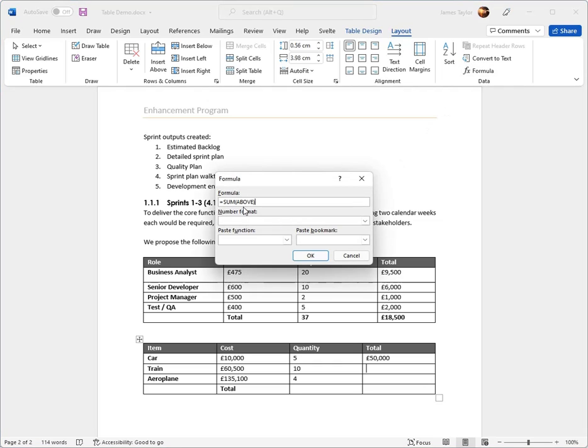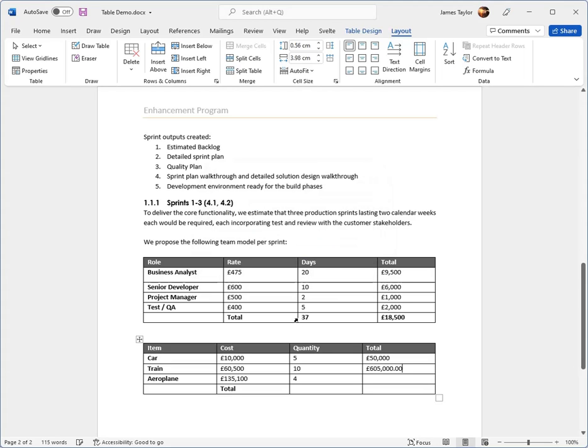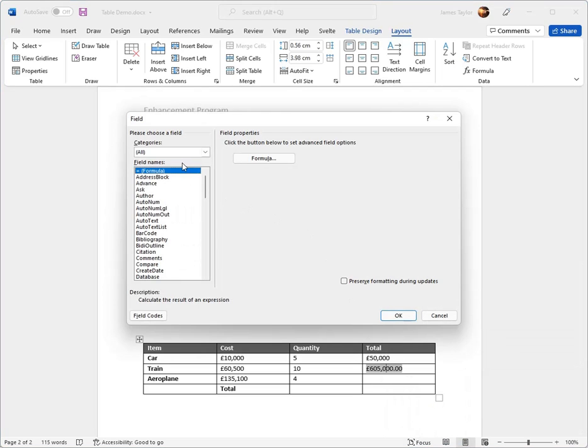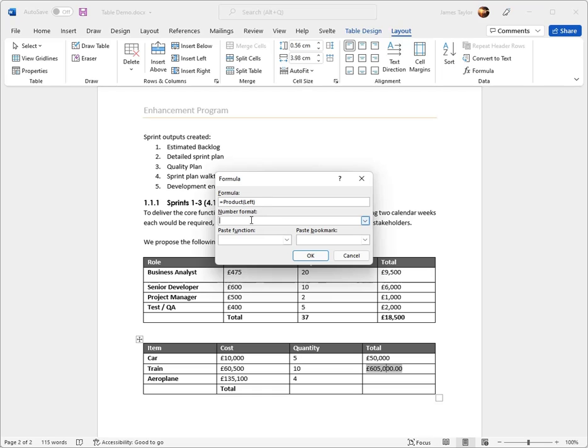Moving on to the next field. When we go into here, we'll see this time it's automatically gone for the above statement. So again, I need to change this to product, but this time I also need to say I want to product everything on the left. If I don't include a number format, we can see that it does still work, but this isn't particularly pleasing to the eye. So I'm going to come back in, right-clicking, edit field, and I'm going to change it to the format that I would like in this document,